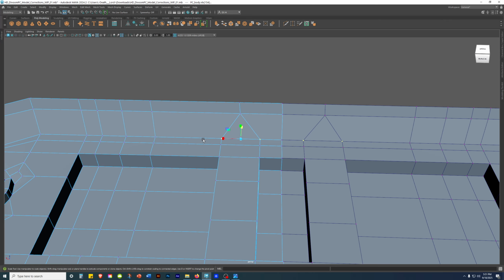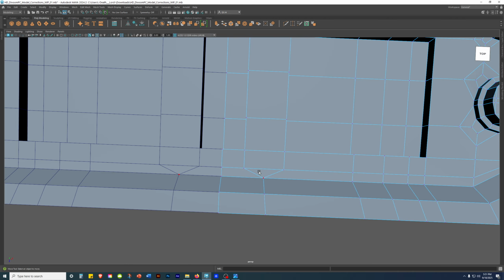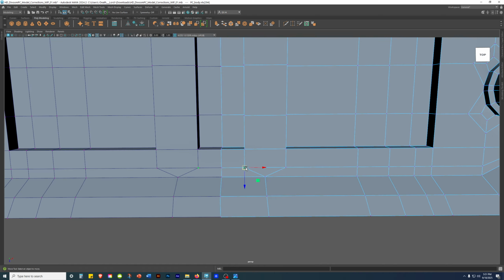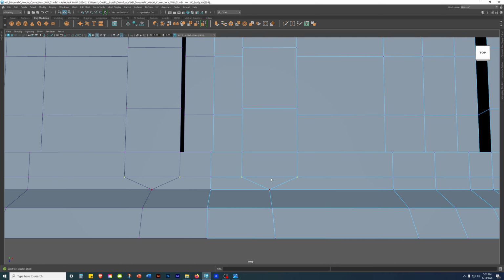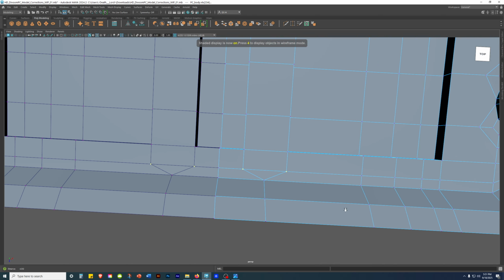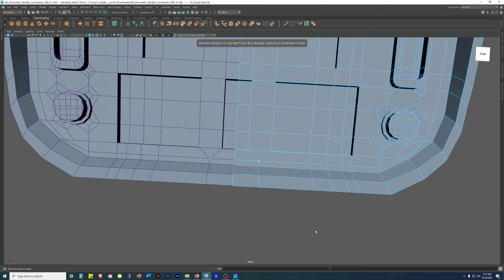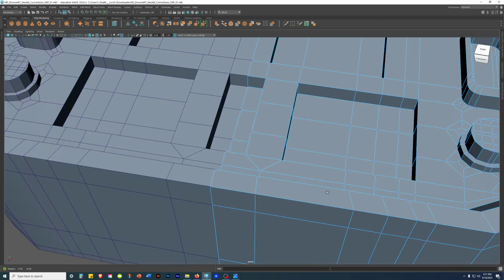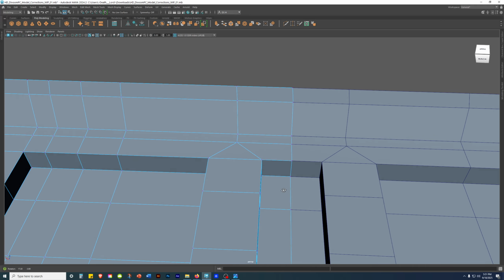This and this, shift right click and hold, merge vertices to center. Grab this and this, press G as in George, and that's